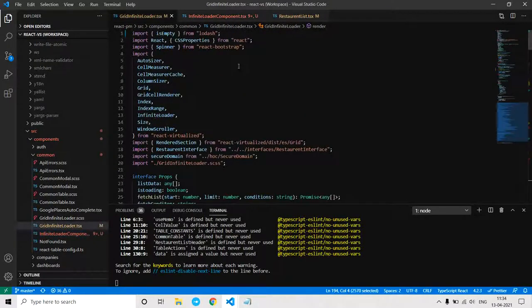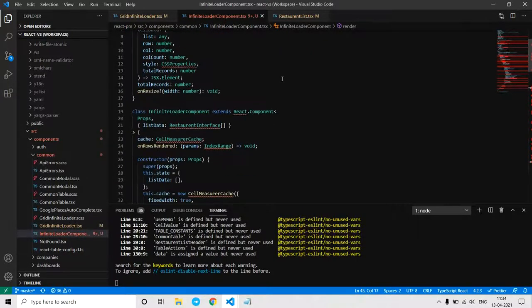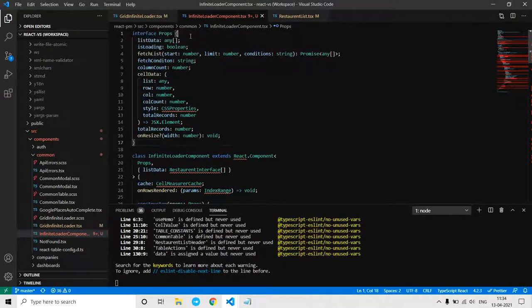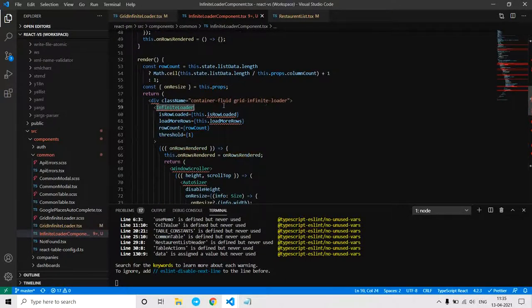Let's import it directly from here. Here we have this infinite loader component. Okay, so this is our infinite loader component from the package.